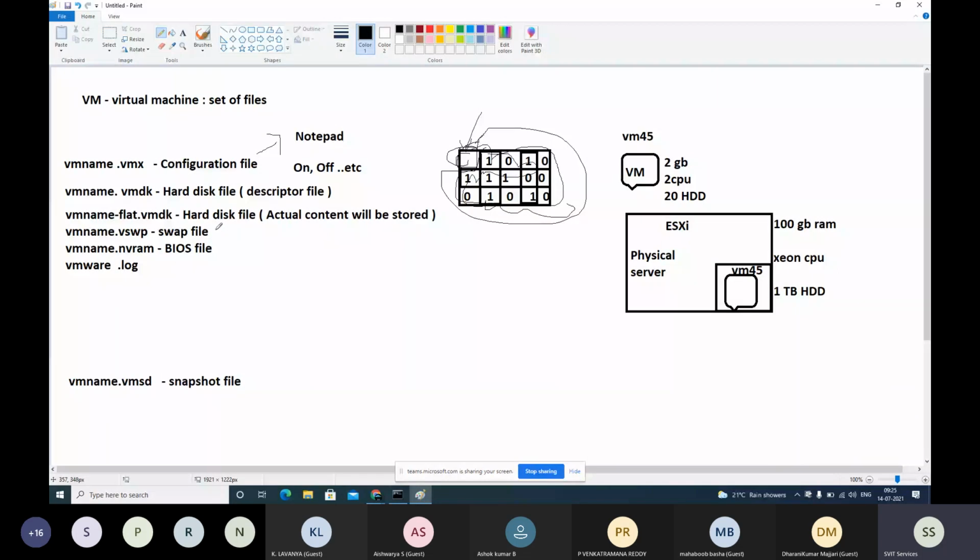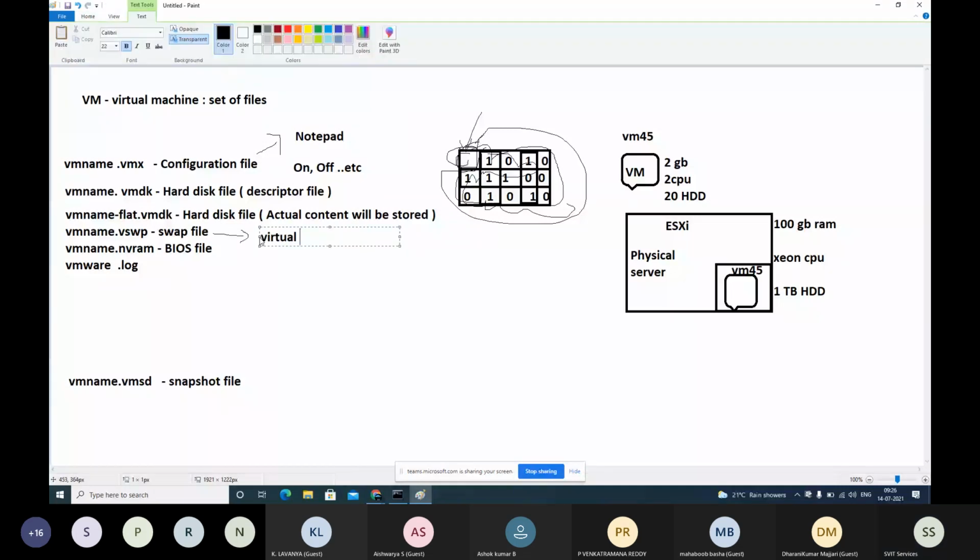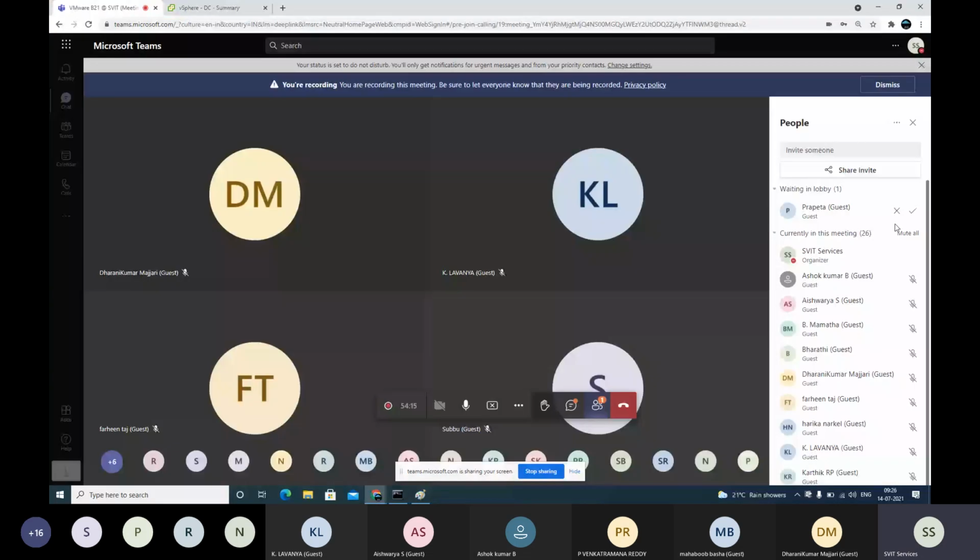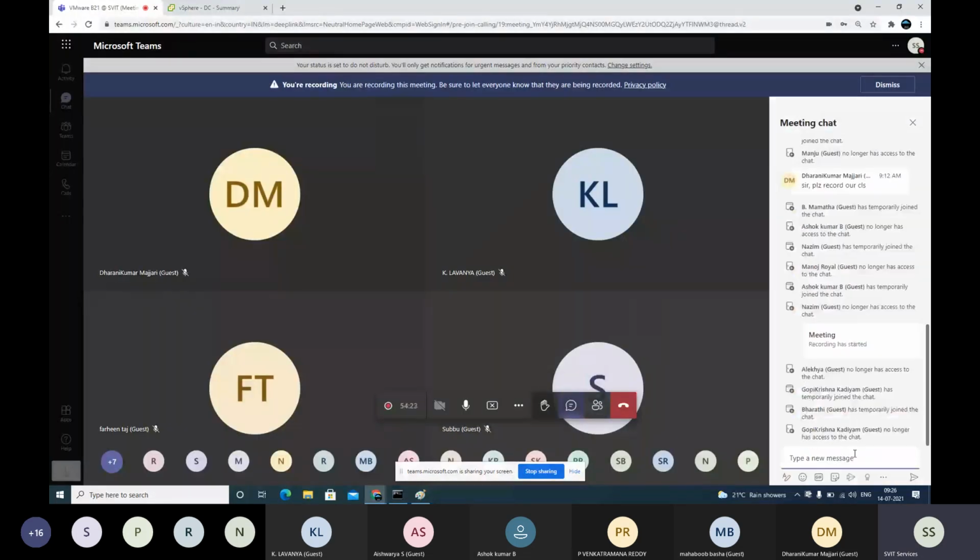We will discuss this topic later. We have about 30 minutes of topic on this virtual memory, but we will discuss that later.